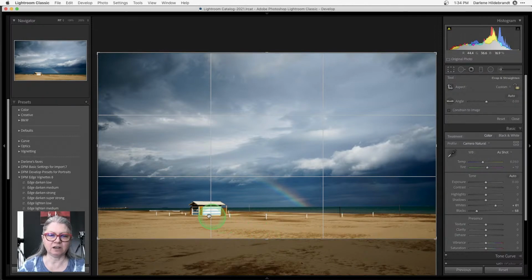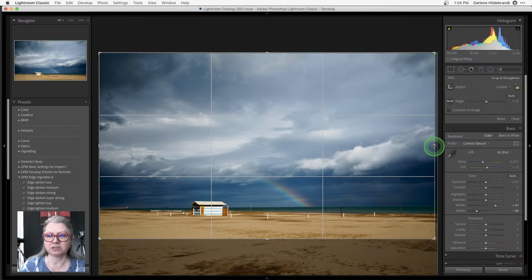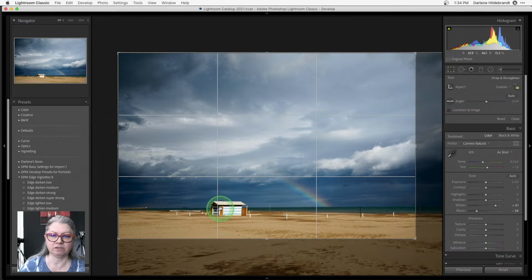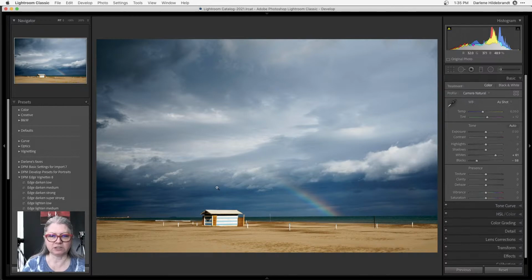The other thing is that the little hut here, probably a swim hut, and the rainbow are almost perfectly centered in the image. Let's see what happens if we take a little bit off the right. Now look, you see this grid overlay is a rule of thirds. It's dividing your image into thirds vertically and horizontally. Now you can see the hut is on one of the thirds as well as the rainbow. So these are points of more dynamic composition. If you can put your horizon or your subjects on one of these power points, or on one of these thirds, your image will have more interest. So let's just accept that.